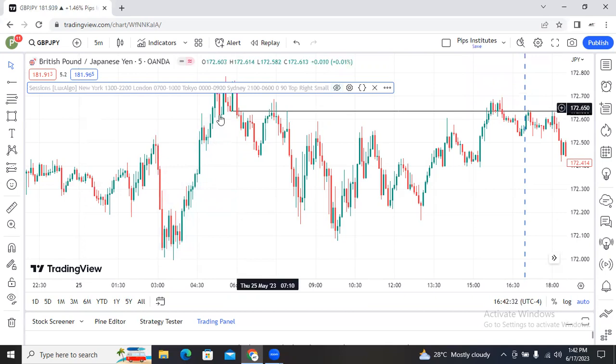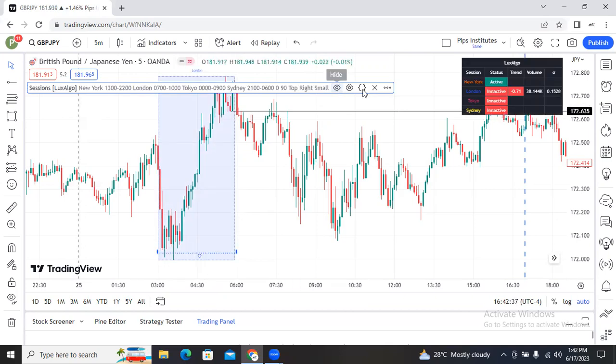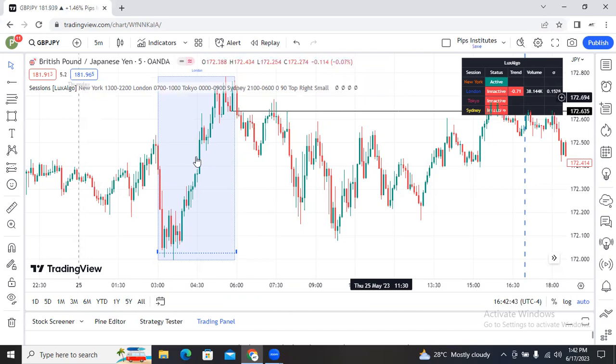We expect the market to return to the region of fair value gap. Let me make it visible. You can see that there's a fair value gap here. This one, two, three candles. So when we move this up right above here,